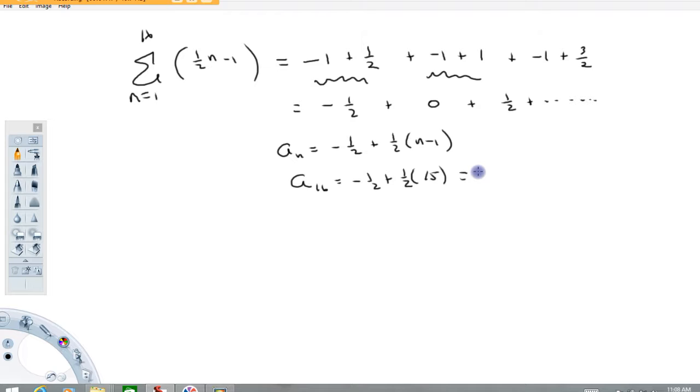Give me a moment here. And I get 7 out of that. So this sum should be equal to, let's see, n over 2, which is 16 over 2, times a1. A1 is minus 1/2, plus a sub n evaluated at 16. And I get 52 out of that. All right, so